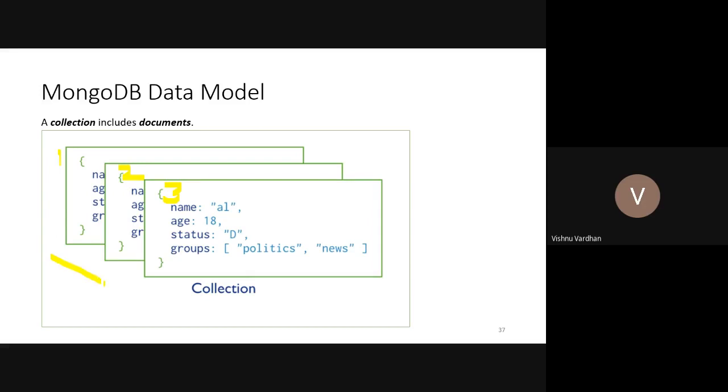You can have some 10 million documents associated with a single collection. All these are JSON documents, actually BSON formats. So you have BSON documents in your collection, and collections make up the database. In that way we have the data model.